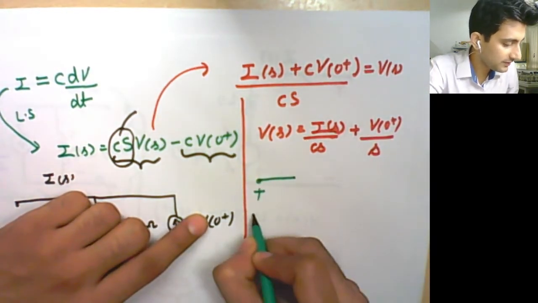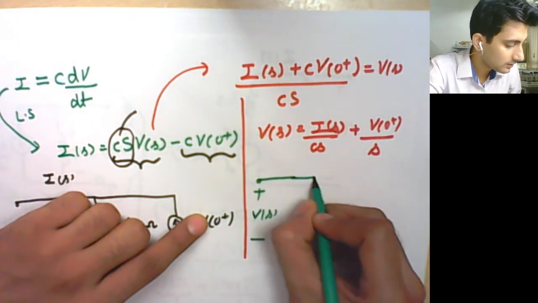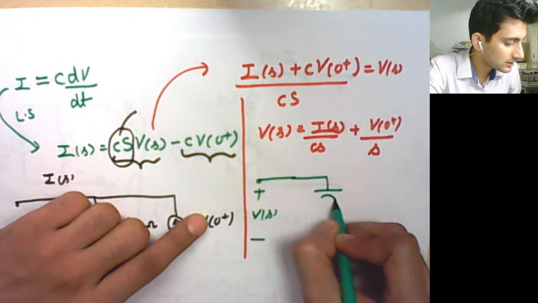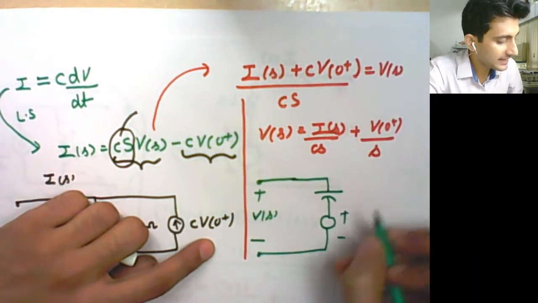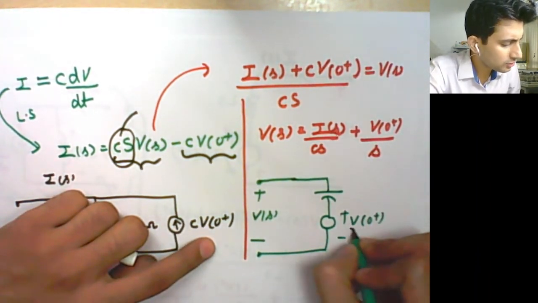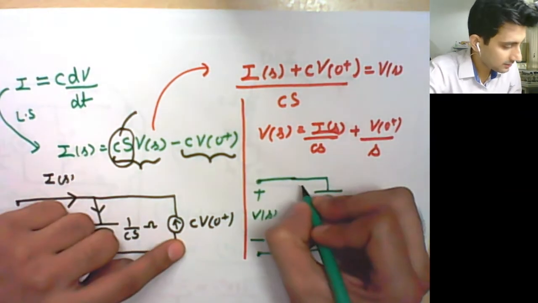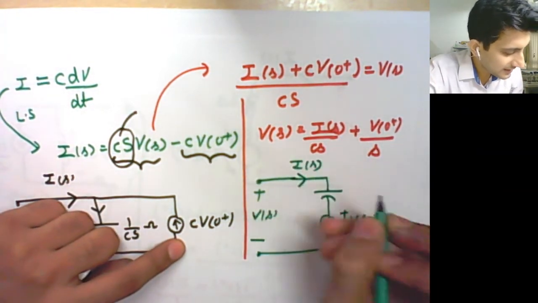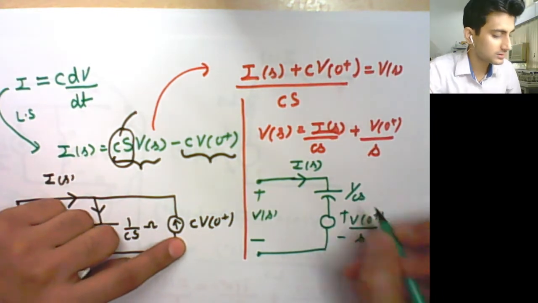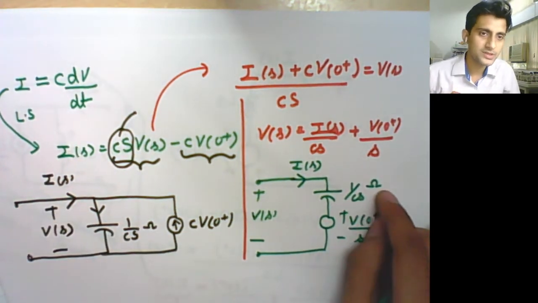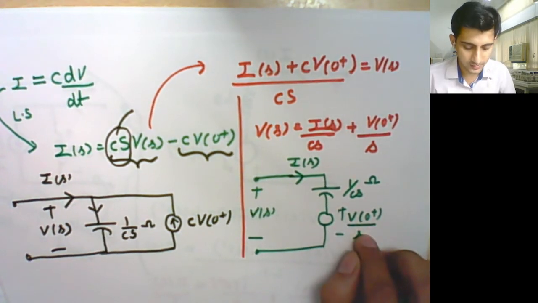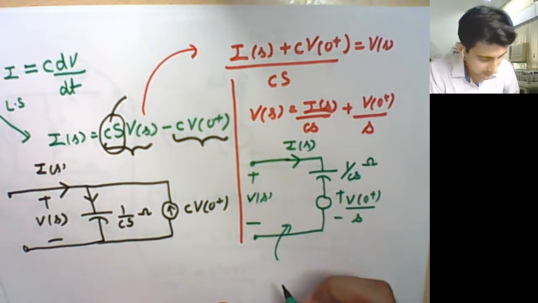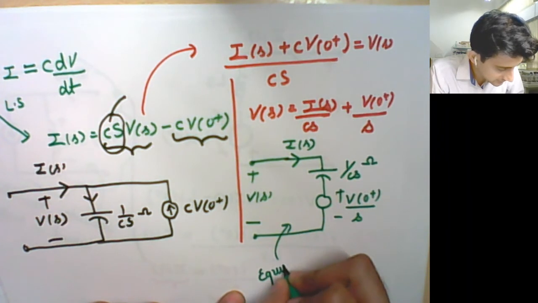So this is your total Vs, let's say. You can write this one and take this one. Remember that the signs are all right now. The V0 plus by S you can take, and the current that flows is, let's say, Is, and the value is 1 upon Cs in ohms. So 1 upon Cs ohms into Is gives you this one. And this is another voltage source V0 plus by S. And this is what is called as the equivalent circuit of capacitance in S domain.